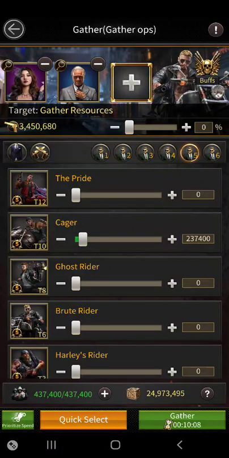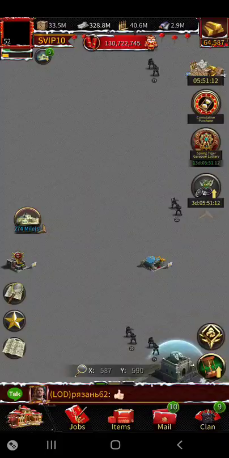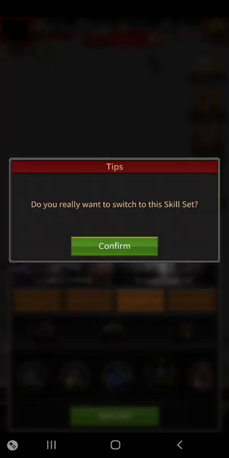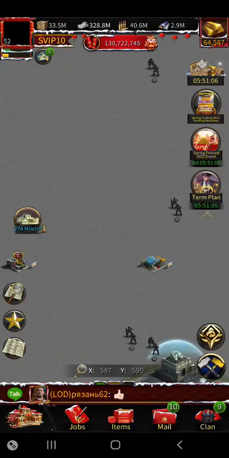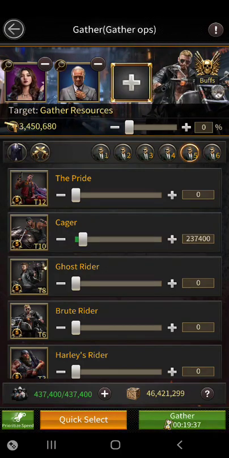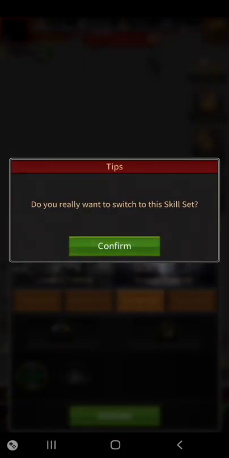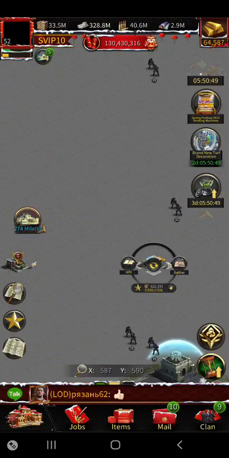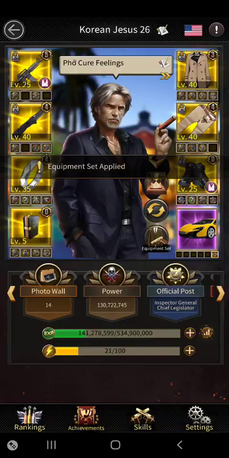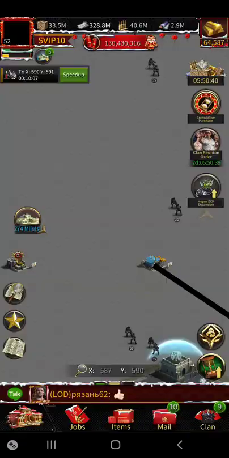Yeah, I can be too careful. And then I send it because it's going to take my troops 10 minutes to get there, which I might speed up 1 or 2 times. But if I just do it on a gathering set, hopefully nobody takes it. It's going to take twice as long. So I set it up to go fast. And as long as you change your equipment back to gathering,